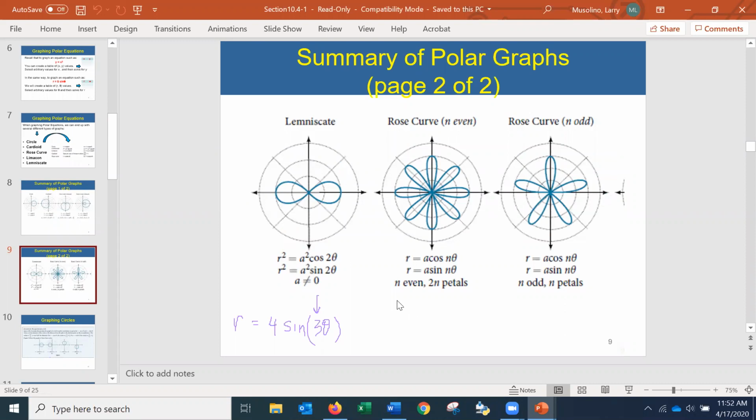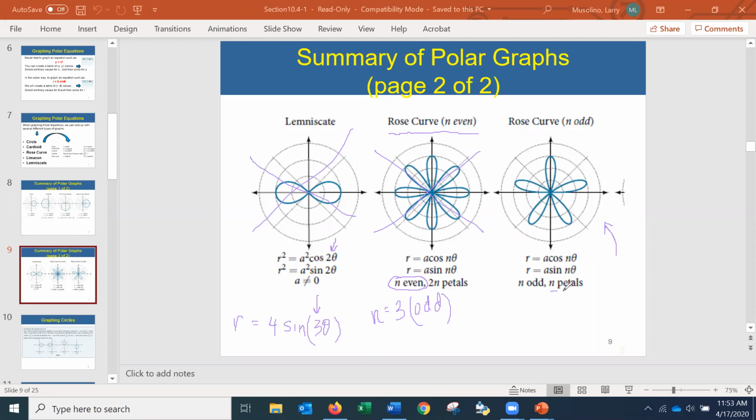And I know it's not going to be a limaçon because the equations for limaçons are based on 2 theta. So it's not going to be this kind of graph. It's going to be a rose curve, but let me go to this middle choice. This middle choice says n is even. But we have 3 theta, not 2 theta. Exactly right. In our example, n is 3. So it should be 3 is odd. You got it. Exactly right. So that means this graph is no good. So that tells us it's going to be a rose curve.